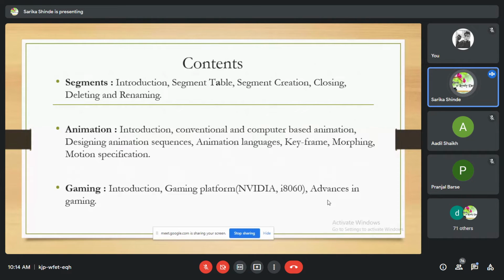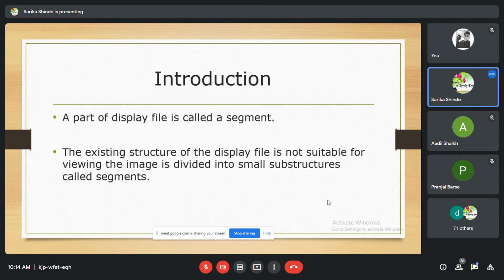In that, we will see the introduction, computer-based animation, designing animation sequences, animation languages, keyframe, morphing, motion specification. And in gaming, we will cover the introduction, gaming platforms like NVIDIA, and advantages in gaming.